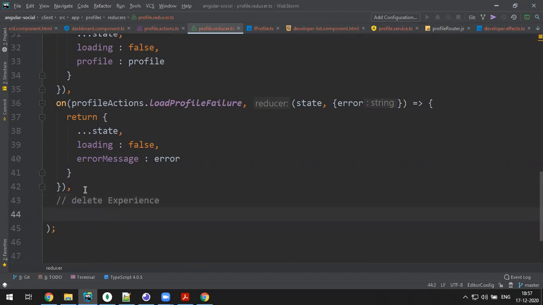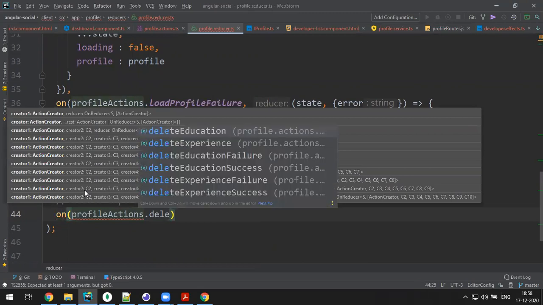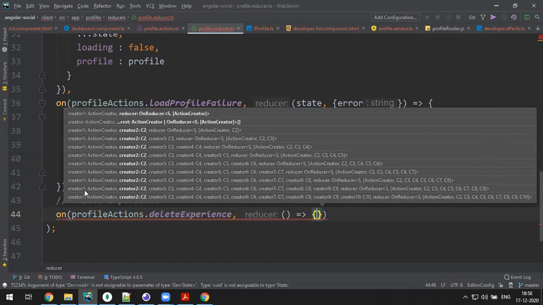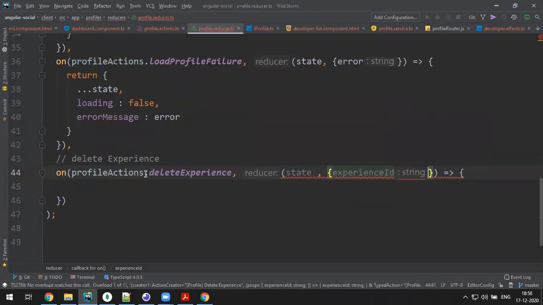Delete experience. How to delete on profile actions dot delete experience. Is it? Yep. Delete experience. And here you have to provide the state and also one prop, that is experience ID, and nothing to do with the state here. Just say state,